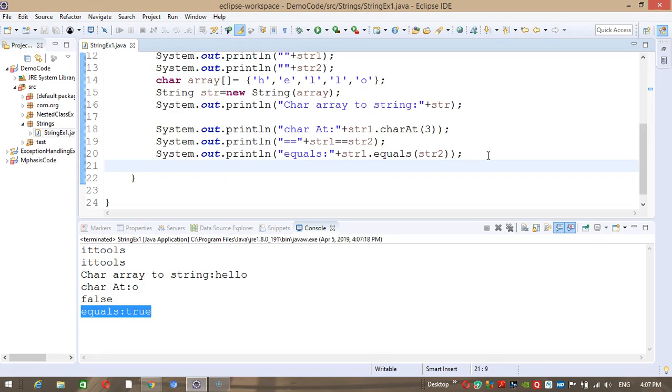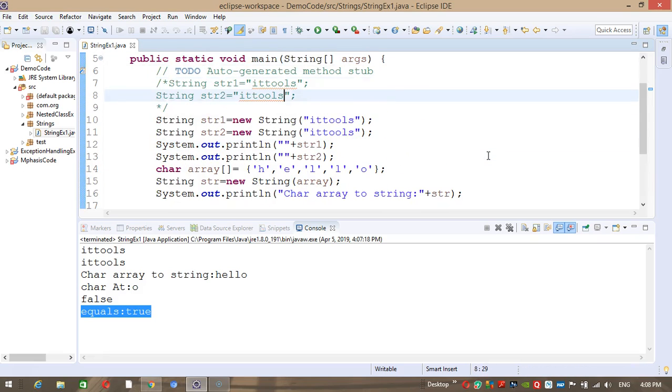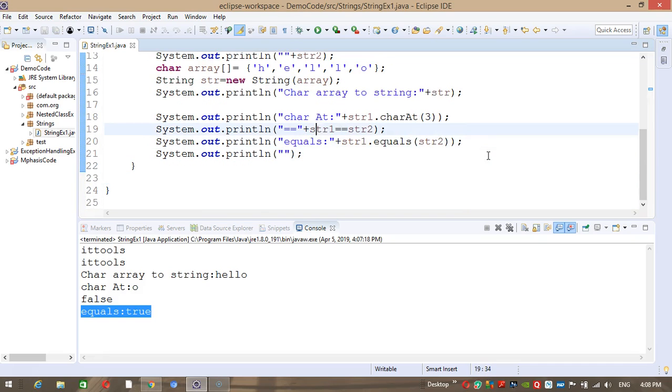Now String provides equalsIgnoreCase. That means if I give a capital I here, then first the equals method will return false because the content is not the same. In one the i is small and in one the I is capital.